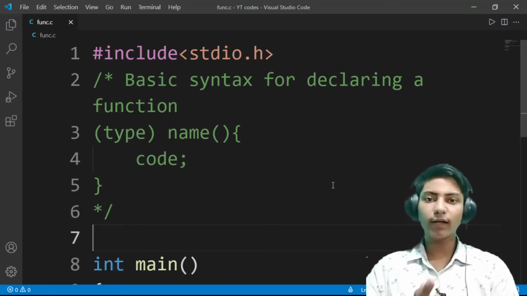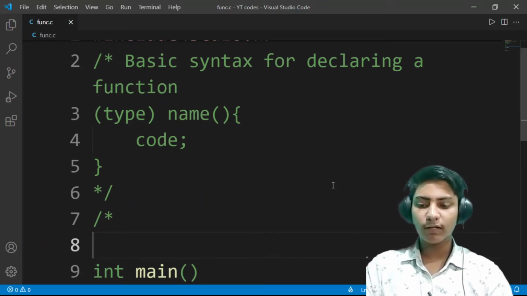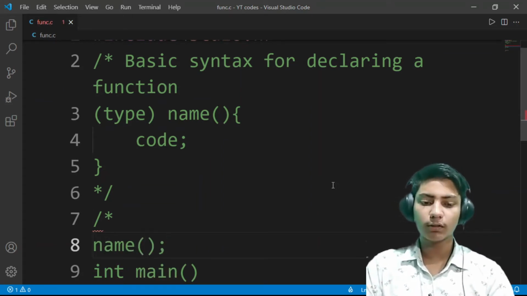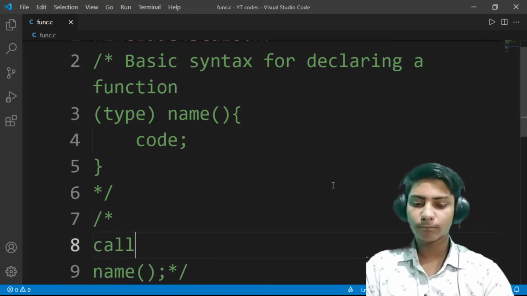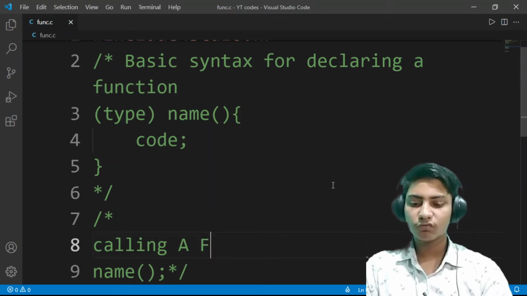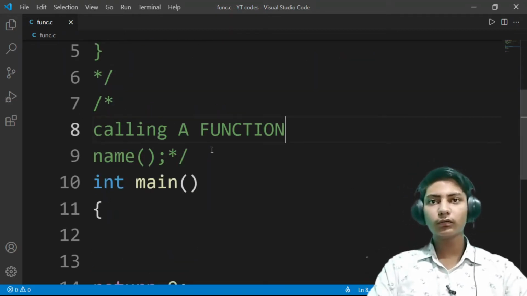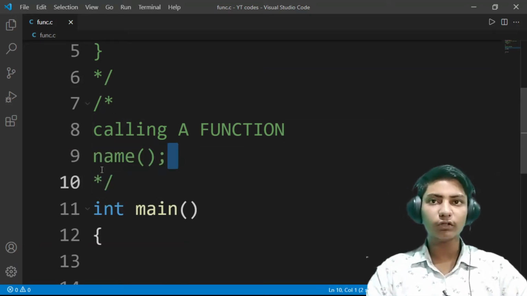Now, how can we call them? We can call them in main function to use them by the name, parenthesis, and then semicolon. Calling a function. Yeah. So this is how we can call it. We have to call it in main function to use it.